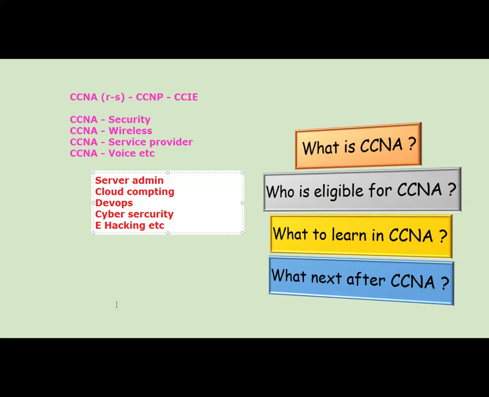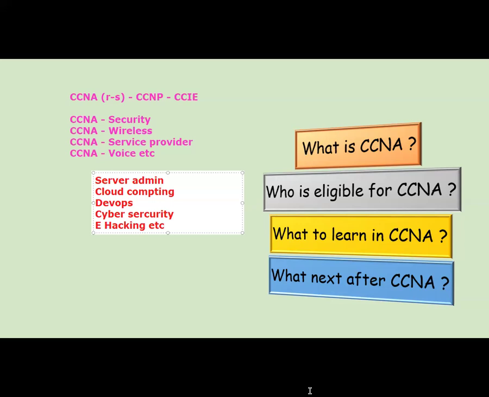There are plenty of opportunities and plenty of things we have in CCNA and after CCNA. So you're not restricting yourself to only one or two job roles, or one or two courses, or one or two technologies. You're learning CCNA and multiple paths will open for you. You can learn many other things after learning CCNA. These are some of the things that I have mentioned here. So there are many opportunities, right? You have many options to choose from,